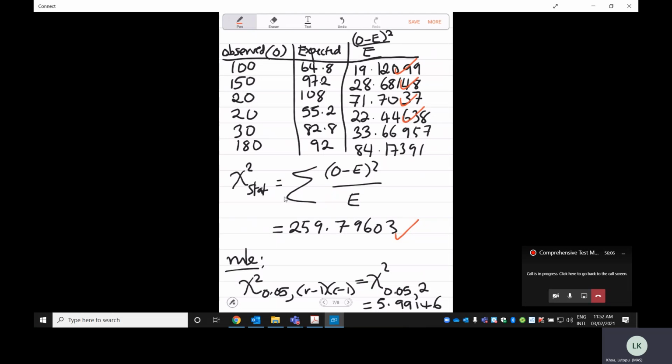And then a mark for the reading from the table, which is 5.99146. And then your decision,